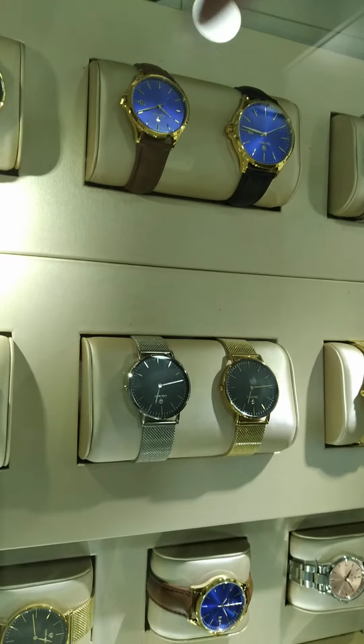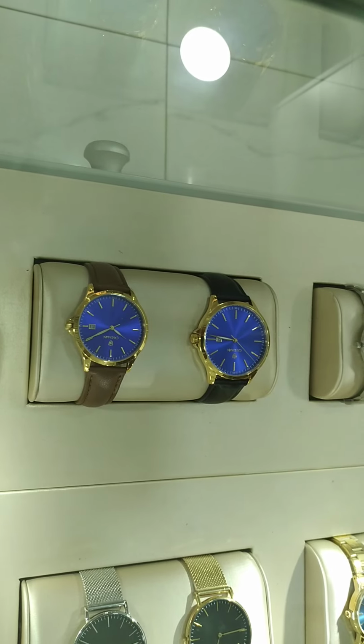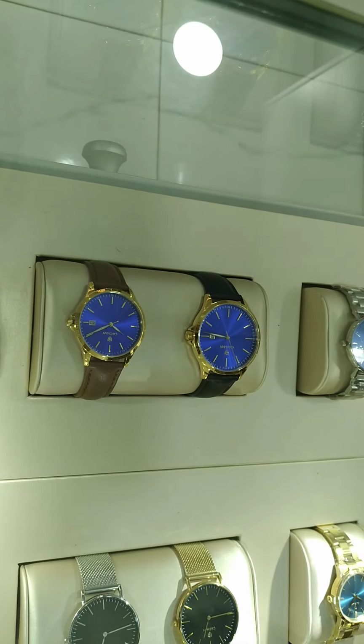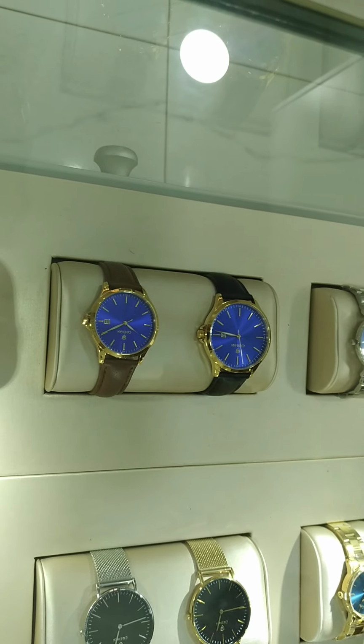Okay. We have some going for 450 Ghana cedis. So this particular watch with the blue face is called the Blue Volta watch, and it's named after the lake. The Volta region, the Lake Volta. Yeah, the Volta Lake. Right. Yes. So as much as we are a Ghanaian brand, we have to